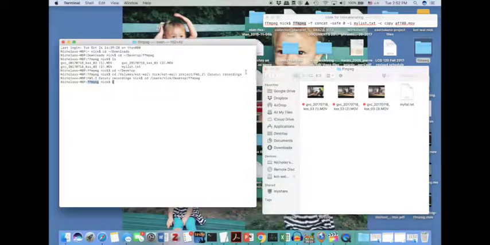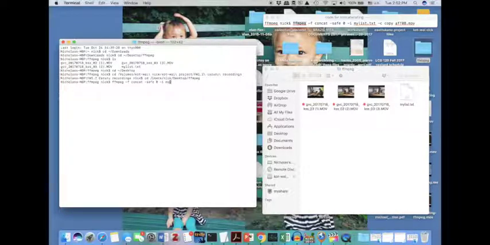What you're going to do now is type in this line of code that tells the program ffmpeg what to do with the videos in your folder. So the line of code that you need to know for this concatenating is ffmpeg -f concat for concatenate. So this concatenates the files. It does not re-encode them. It just copies them together. And then -safe 0